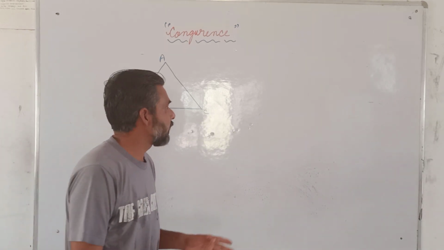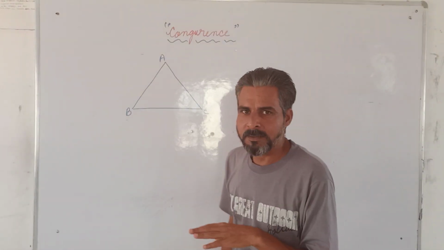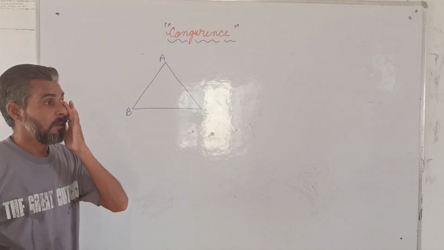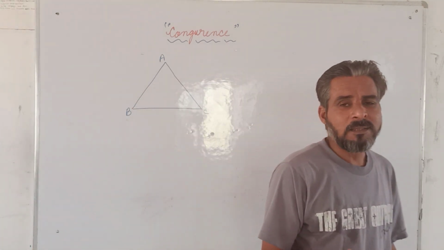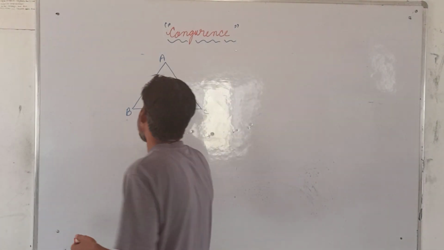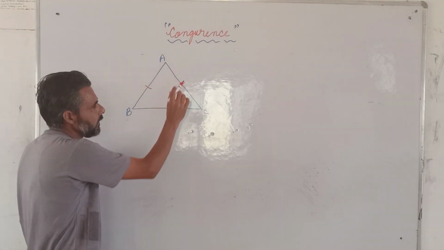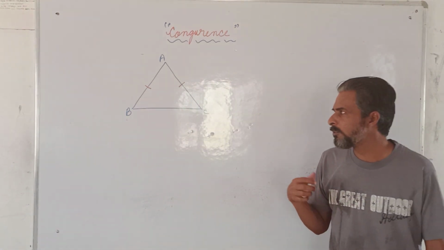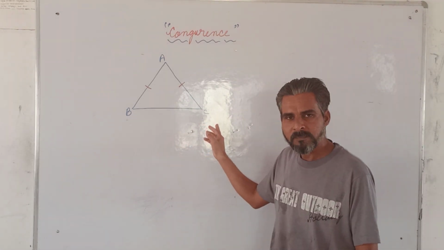In the previous lecture we were discussing the congruence of triangles. Some questions are arising in the minds of the students: what is the importance of terms like congruence? You all know isosceles triangles, which means triangles in which two sides are equal. Suppose ABC is an isosceles triangle in which AB is equal to AC. It is given. Now you have also heard that in isosceles triangles the opposite angles are equal, meaning angle B is equal to angle C.